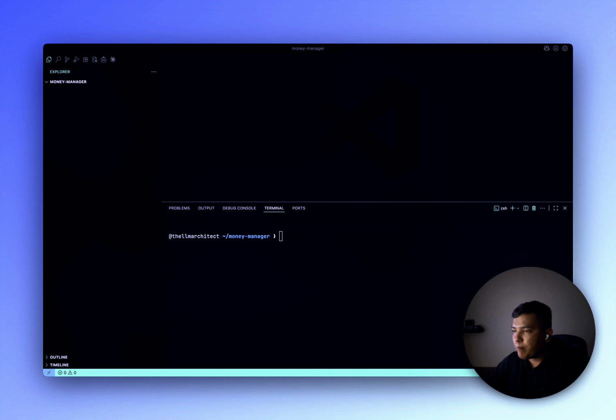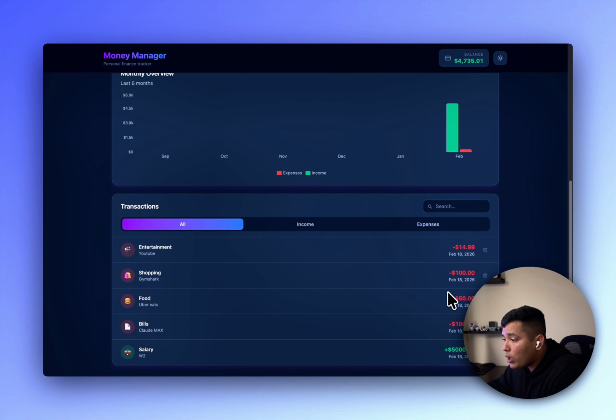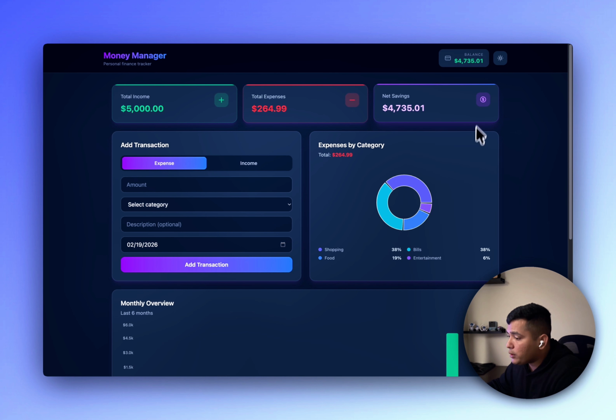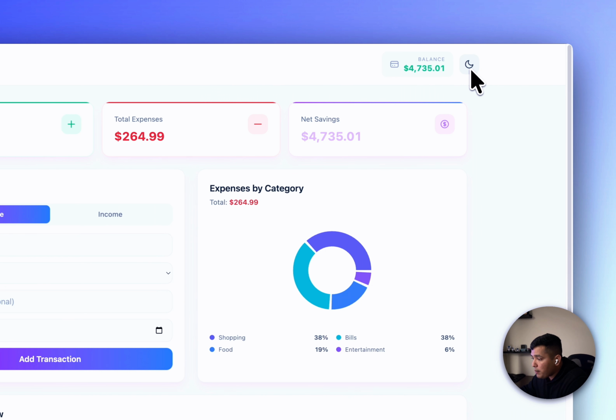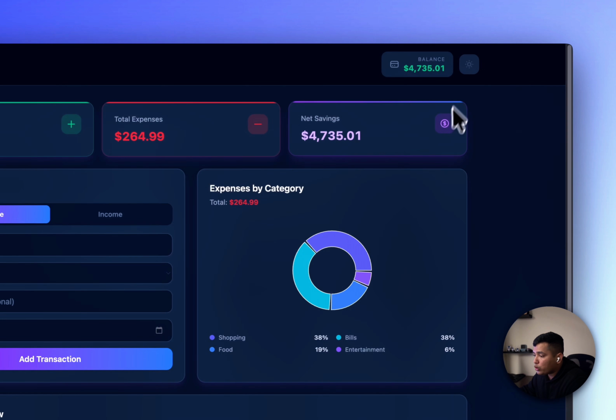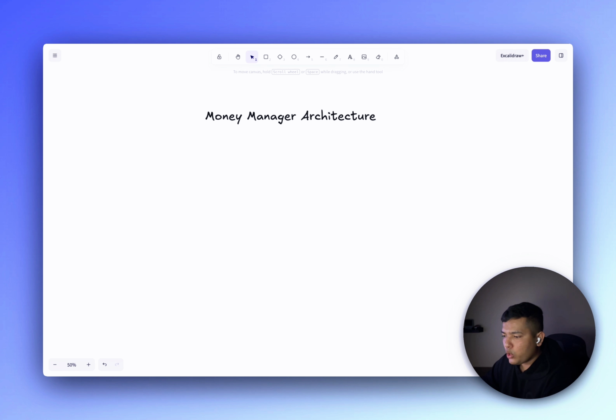I'm about to build a complete personal finance app with zero manual coding. And I'm going to show you that one setup that separates beginners from experts, the setup that 90% of the tutorials don't show you. Before we touch any code, let me show you exactly what we are building using a